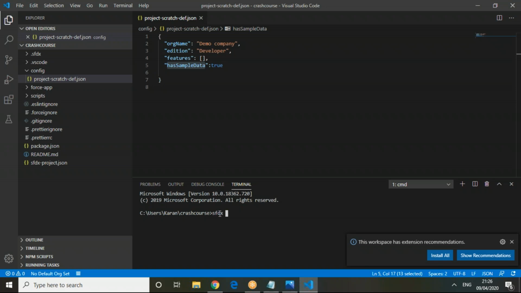sf, so to create a default org you have to write force colon auth colon web colon login, then dash a, that is for alias. Let's say LWC 101. Then dash d, so this dash d will make it a default org. When we click enter,